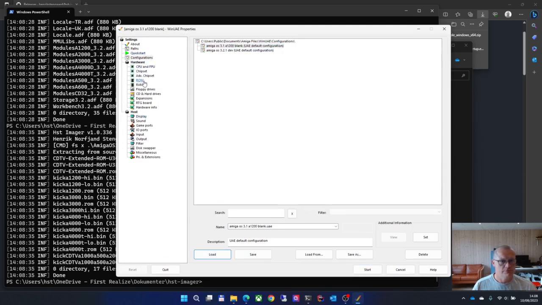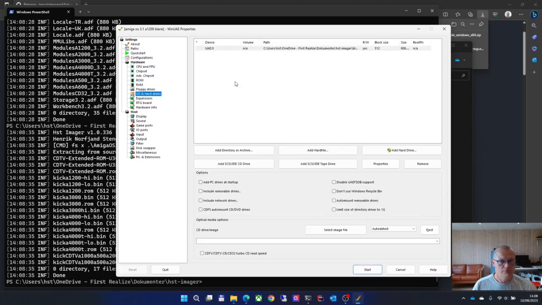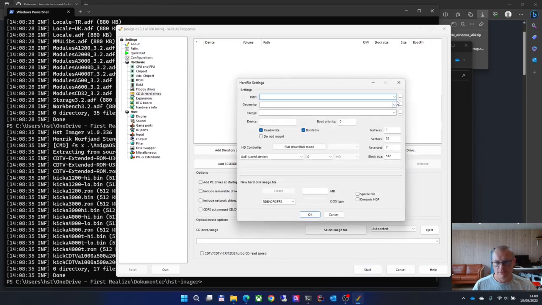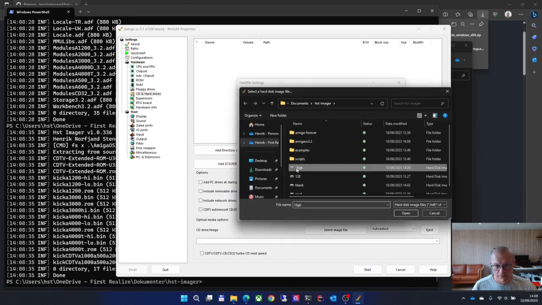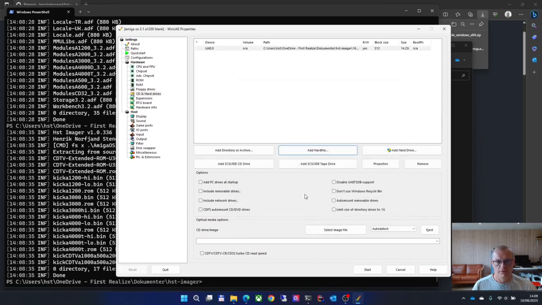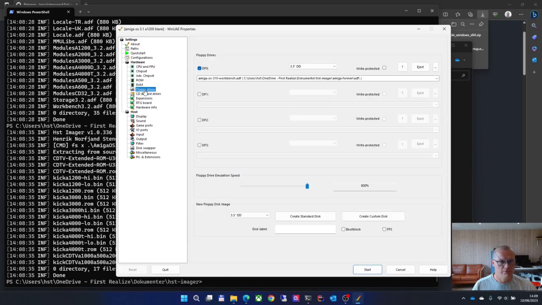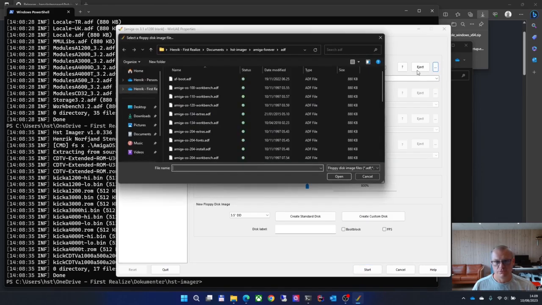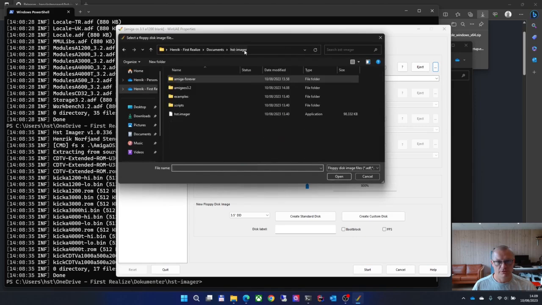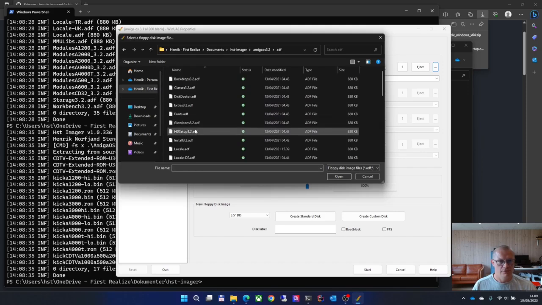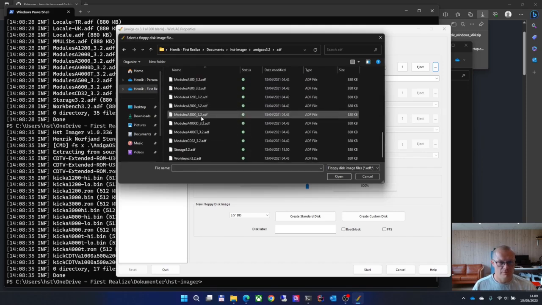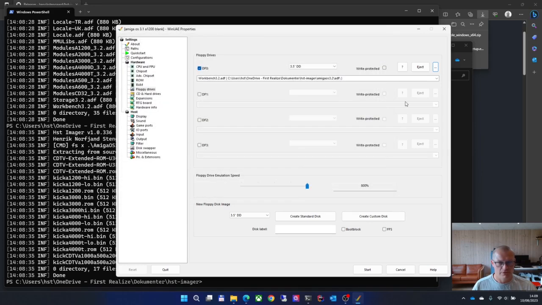So let's go into the disk drives. I want to remove this and add the 16 gigabyte one. Okay, and we need to correct the floppy disks. So we boot up Amiga OS 3.2. So select HST Imager, Amiga OS 3.2, ADF, and then I need, let's see, I need both my Workbench, and